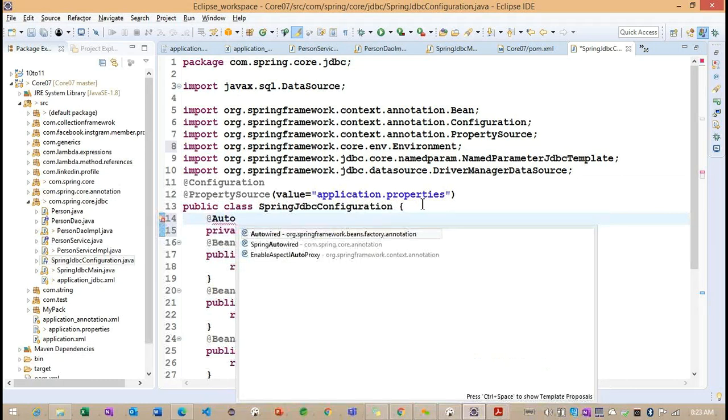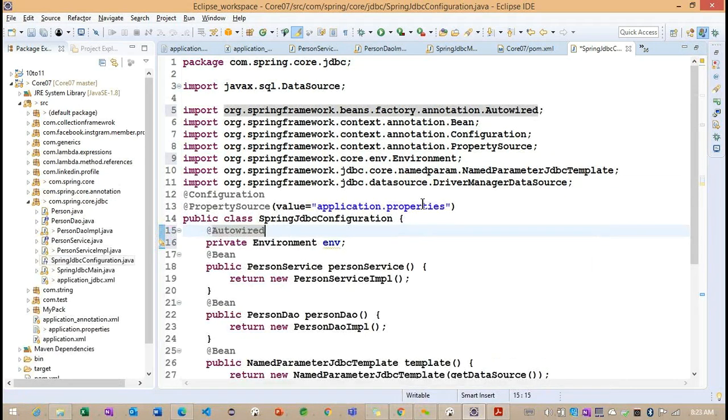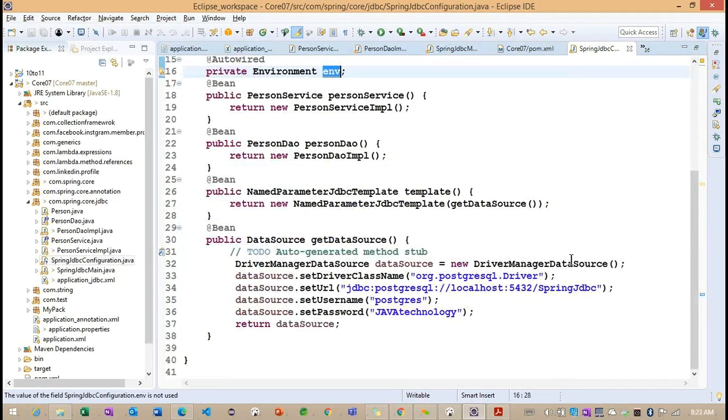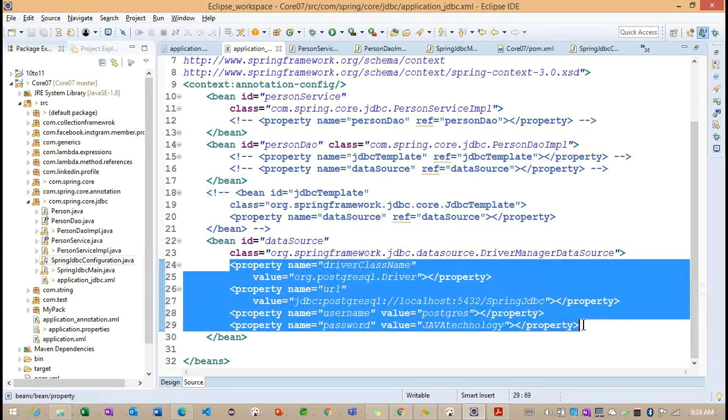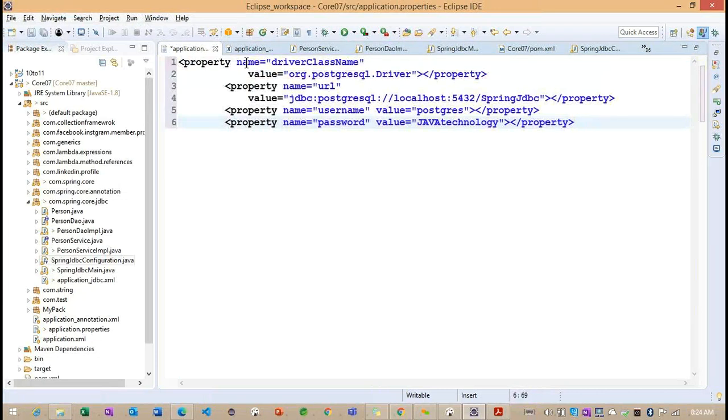And here, AutoWire. Now what I will do, I will copy these configurations into here.